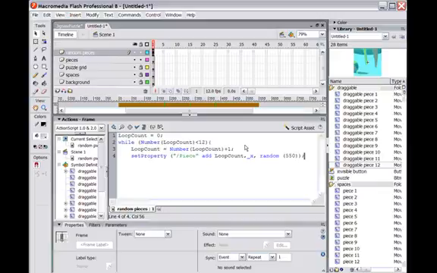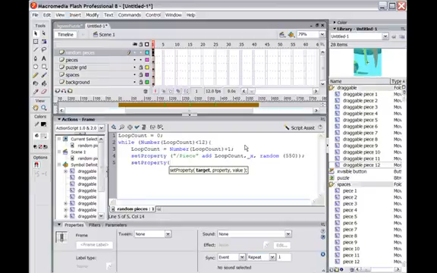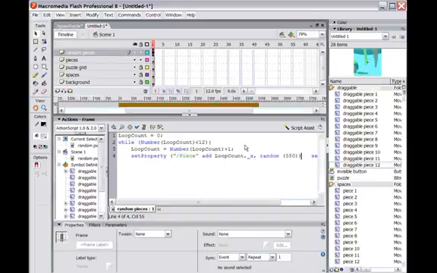Okay, so now we're setting the property for the pieces. The big piece is going to add loop count to the x and the random of 550, so we're giving x the value of 550, the size of the movie. Now we're going to set property again, this should look familiar, forward slash piece. Remember, this is important because we need to know the capital letter piece. Add loop count,